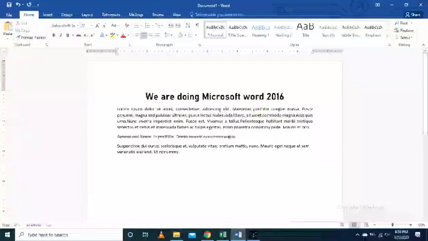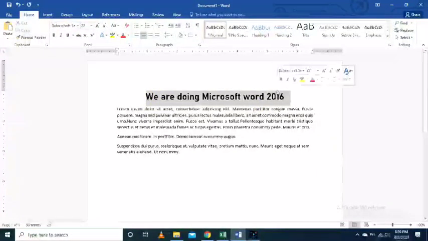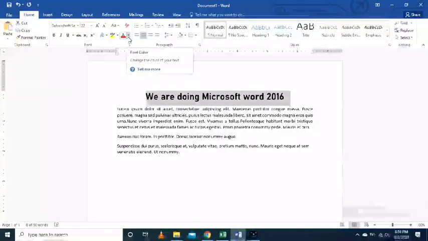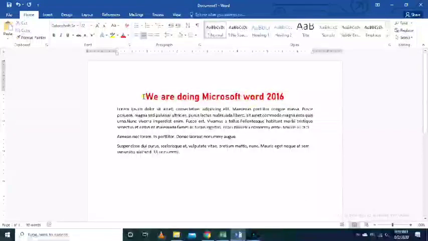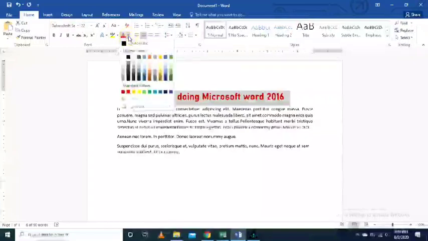You have to select whatever text you want to color, and from here you can change the color. You see here it is written A and underlined with red color, so if you click it, it will be in the red color. Or suppose if you want to change the color, then you have to click in this arrow and choose whatever color you want, like that.